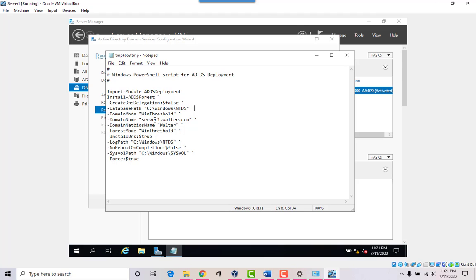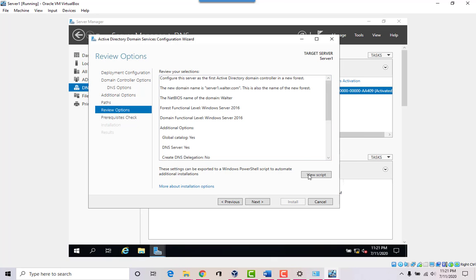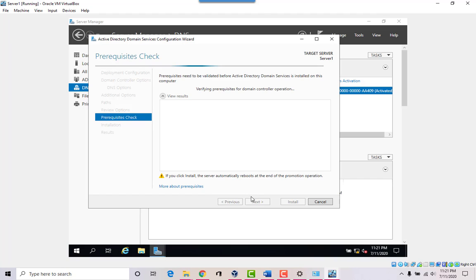And it gives you what the domain name is, which is server1.walter.com, or you can also access the domain by the NetBIOS name Walter. Okay. So instead of running it on PowerShell though, I'm just gonna click next and let it run via the graphics screen here.